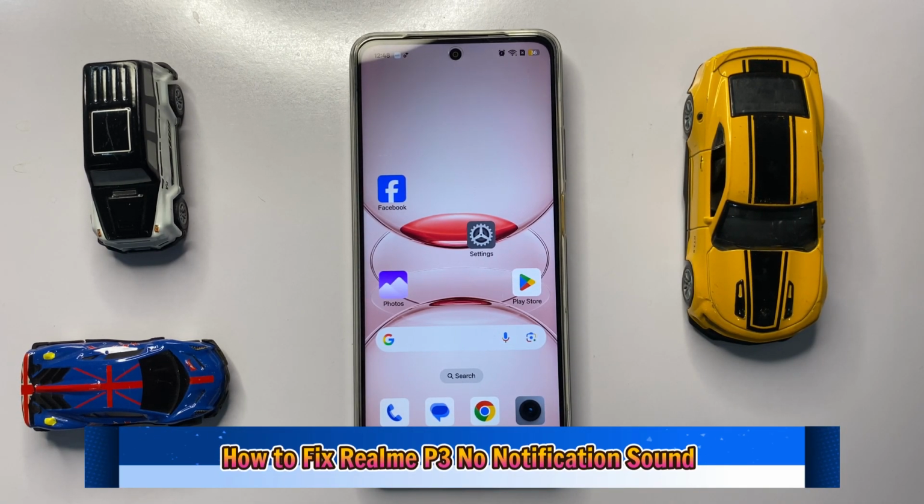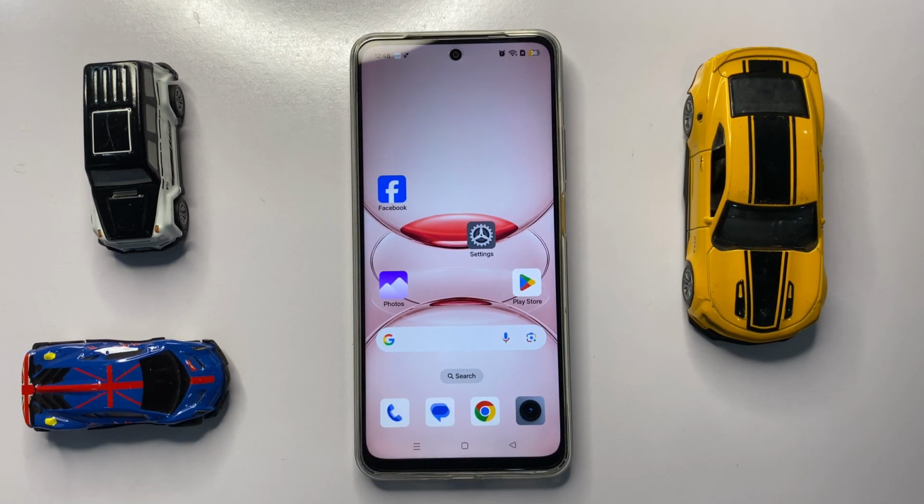How to fix no notification sound in Realme P3. So let's start the video. First of all,